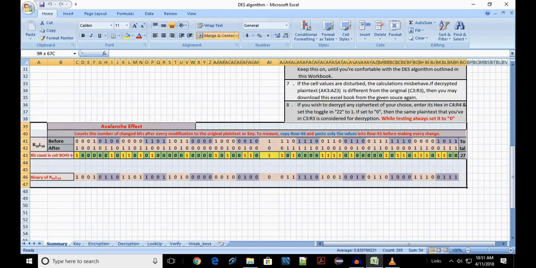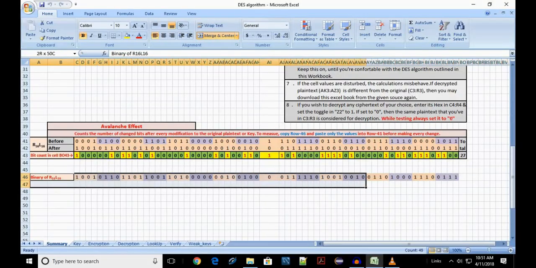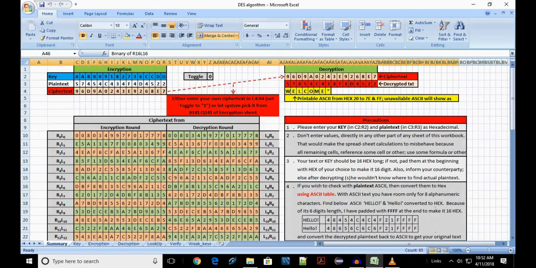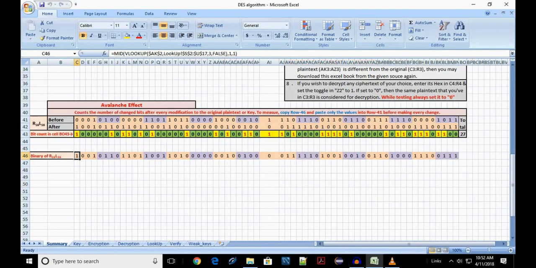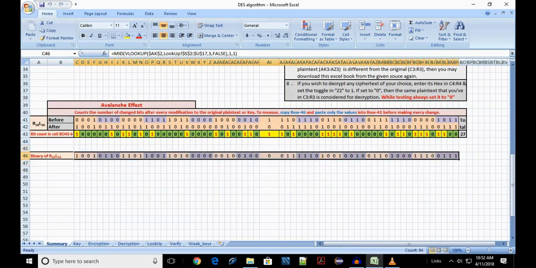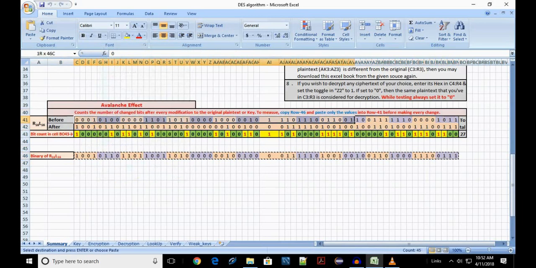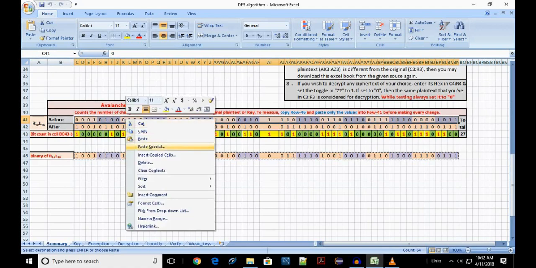We have provided this in the avalanche effect part of the summary sheet A39 to BO46. Row 46 always contains the binary of the ciphertext in row 2 AK2 to AZ2. Before making any changes to the key or plain text, copy row 46 and paste special values in row 41.